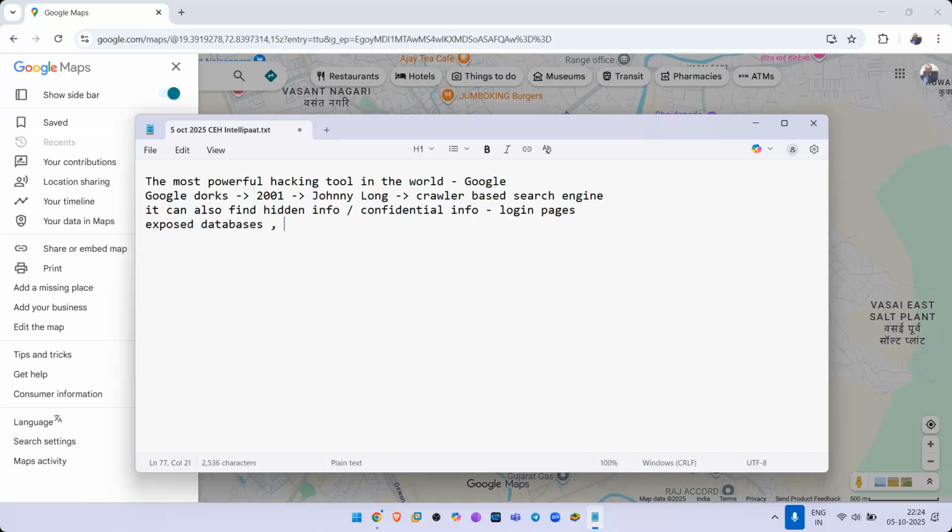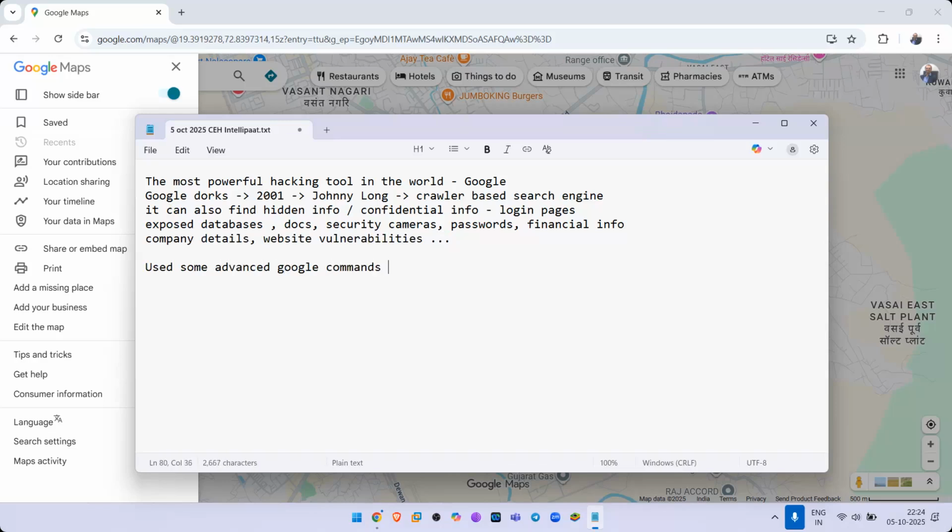I want your confidential documents, your security cameras, your passwords, your financial information, your company details, your website vulnerabilities, all from a very, very simple Google command. So what he did was he used some advanced Google commands. These are what we call Google Dorks.